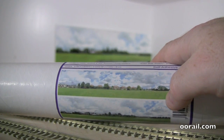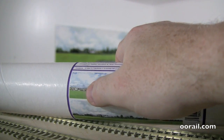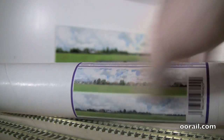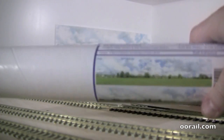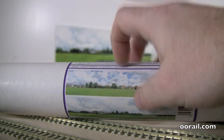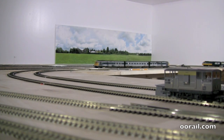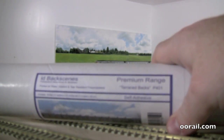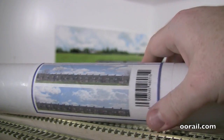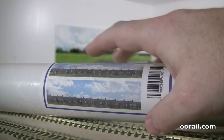you can see that it goes into a more built up type area, and then out on the corner here you can see it's starting to look like a more heavily populated sort of suburban area. So what I'm going to do, and this is where I said I had a slightly more difficult time, is I'm actually going to try to scenically connect this back scene with the back scene that I wanted by the factory, which is the terraced backs, which is 401, and this is 10 feet of this kind of terraced back housing, and sorry about the phone going off in the background,